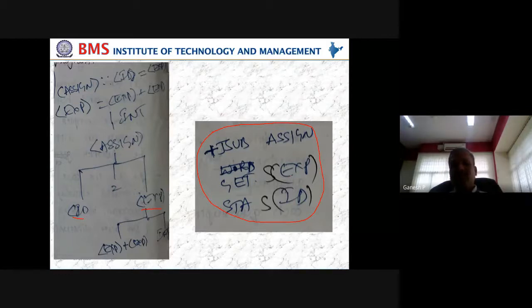Getting a character requires GETC and so on, which you saw in the SIC/XE bootstrap loader. The same case, we have just written a get. This is another subroutine involved in getting the string. STA means the accumulator, and ID means some numbers we are getting here. Depending on the input, this is just a visual, nothing to worry about.